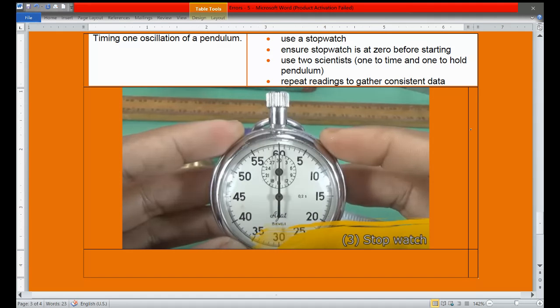Two students are going to perform the experiment. If you are performing an experiment on a simple pendulum, one will hold the pendulum, and the second will do the timing by moving the metallic sphere. So the metallic sphere movement and timing will be done by